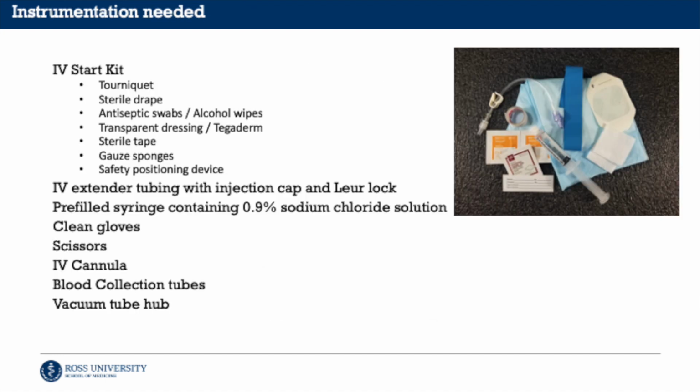The majority of your instrumentation needed will be contained within your IV starter kit. This should include your tourniquet, a sterile draping, antiseptic swabs, a transparent dressing or Tegaderm, your sterile tape, gauze sponges, and safety positioning device. Other instruments also include an IV extender tubing with injection cap and a Luer lock, your clean gloves, scissors, IV cannula, a vacuum tube hub, your blood collection tubes, and a pre-filled syringe containing your normal